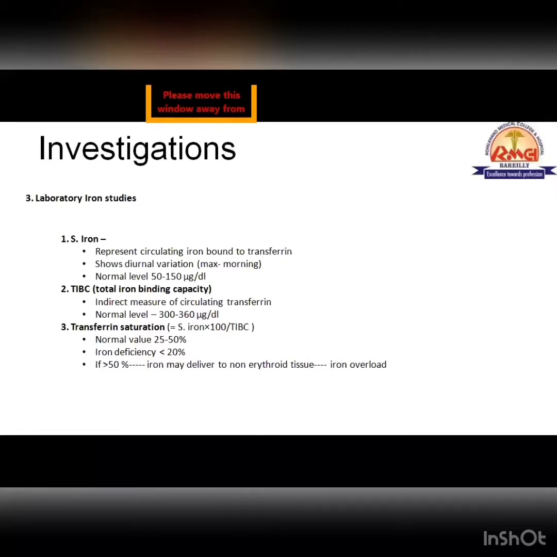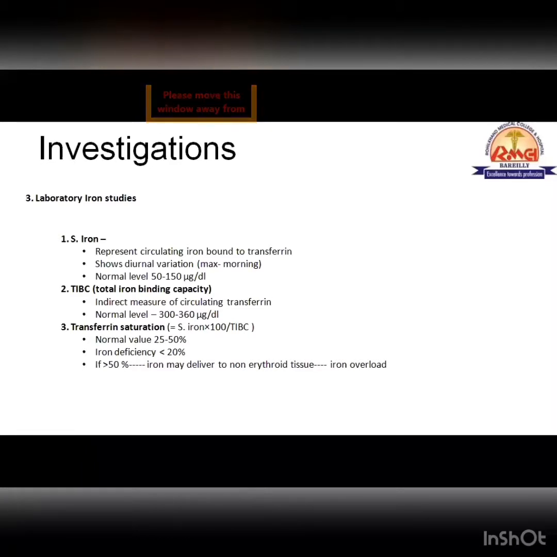Just double. Because transferrin binds to how many iron? 2 iron. So double. If you link it, otherwise it will be very hard to remember. Just to remember, maximum iron transferrin can bind is 2. So if you are looking for total iron binding capacity, then you can just double the iron value. It is logical, just to remember. It may not be the cause.